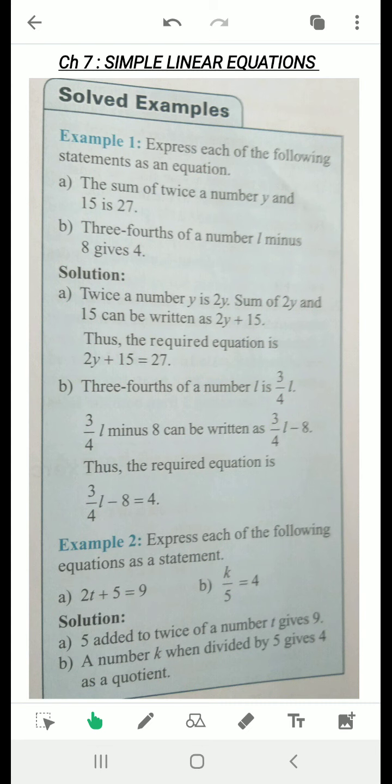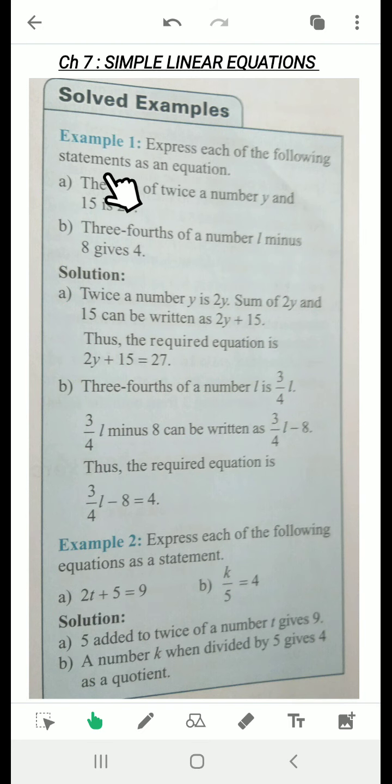Okay, what we have done in chapter number 6. When we started chapter number 6 in exercise 6.1, some statements were given and you needed to write the algebraic expression from that statement. So here also, when we start this chapter, you can see that some statements are given and we need to form a linear equation now. The method will remain the same. That means we need to read the statement properly and then write the equation according to that statement. Okay, so example number 1.